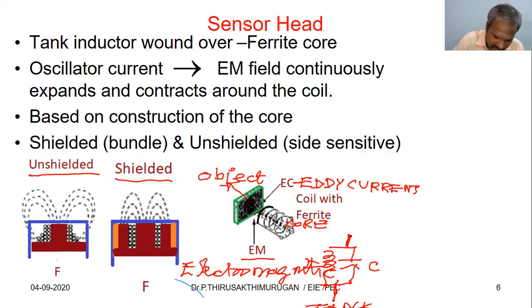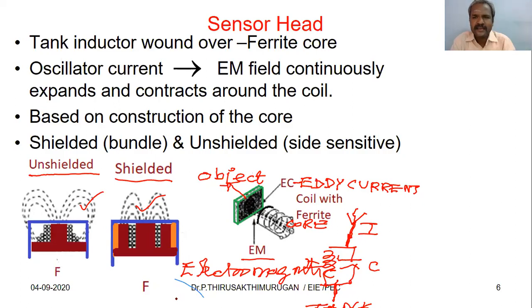you see here, the tank circuit is connected to the non-inverting terminal of the amplifier, in a closed loop. It is the non-inverting, positive terminal of an operational amplifier oscillator circuit. Automatically, when the power is switched on, current passes through the tank circuit. In the tank circuit, the inductor is replaced by the sensor head. Either type of sensor head is attached in the tank circuit of the oscillator. So the oscillator is nothing but an LC oscillator, a tank circuit oscillator.